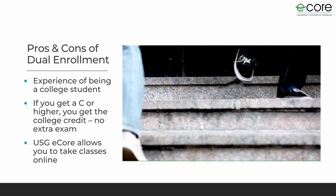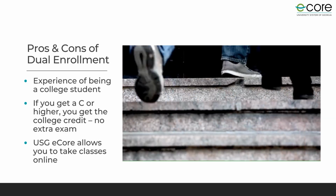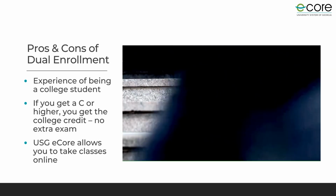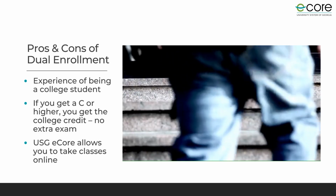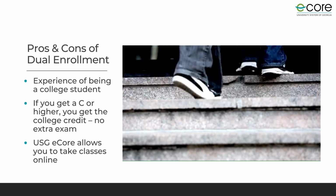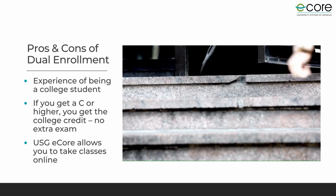Now let's take a look at dual enrollment. It works quite differently than AP. For dual enrollment, you're actually taking real college classes, and if you pass them, then you also get high school credit. While some students actually go to a college campus to take these, USG eCore enables you to take them